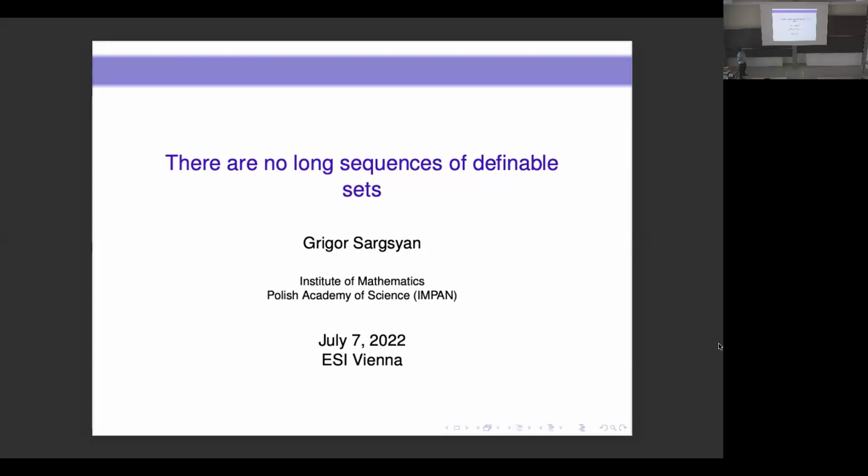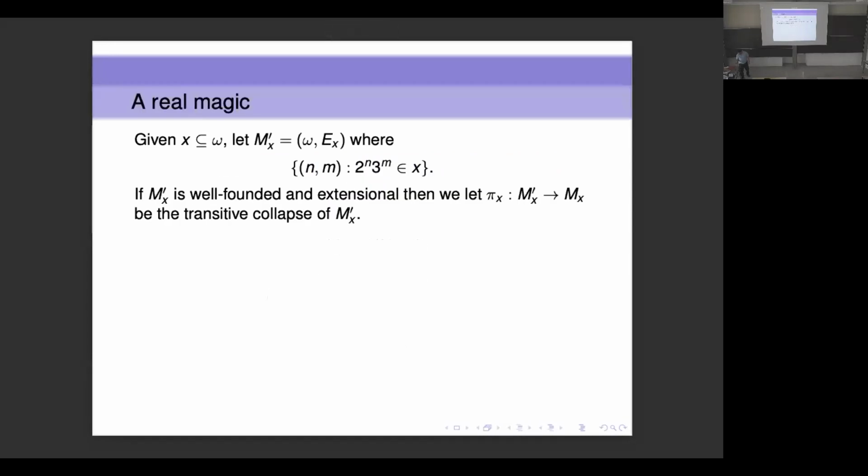Okay, so I want to talk about something that goes back to the 70s. So we're going to go back to the 70s and see what people were doing in the 70s. If after this talk, you'll feel like 78 was a crucial year in set theory, yeah, because all of